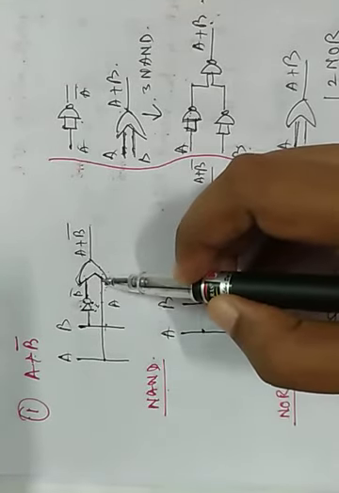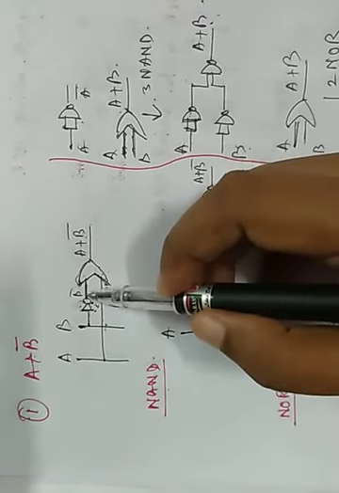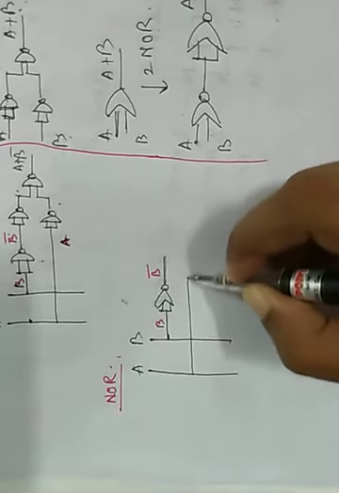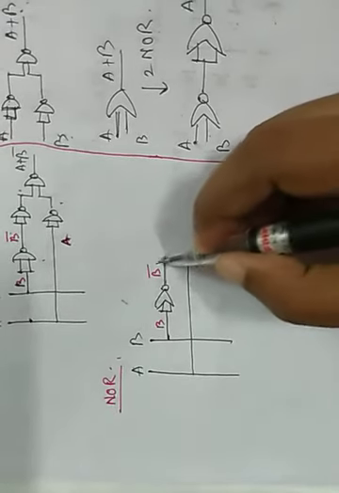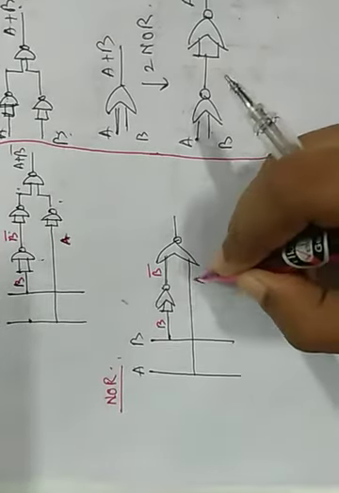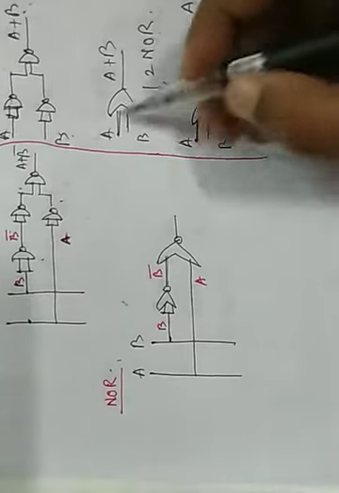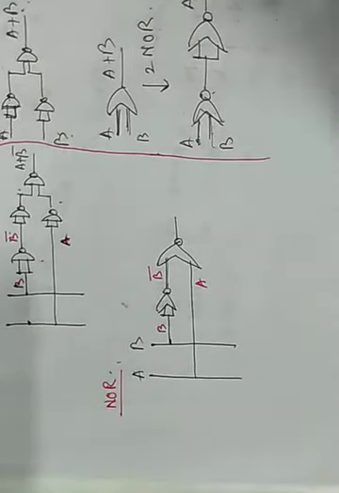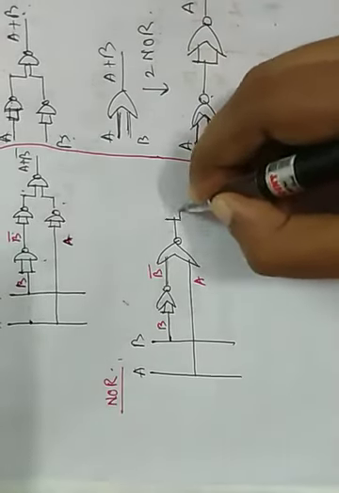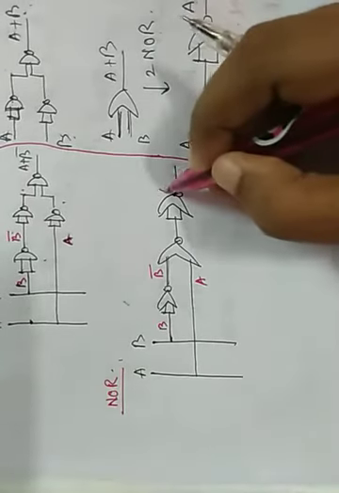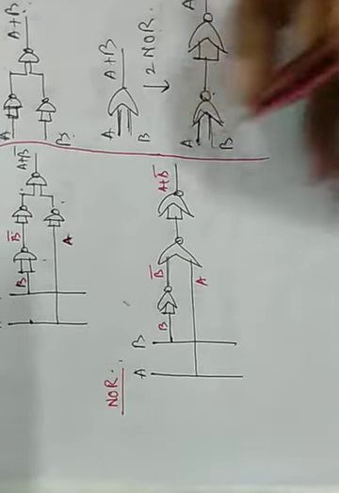Now we are going to replace A plus B bar. So our input lines must be B bar and A. So already B bar is there and we have to take A there. We have to pass these two lines into one NOR gate, because the input of the OR gate must pass through the input of a NOR gate, and this gate must pass into another NOR gate. Then we get A plus B bar. Okay.